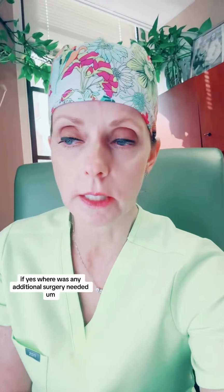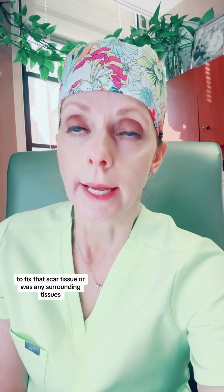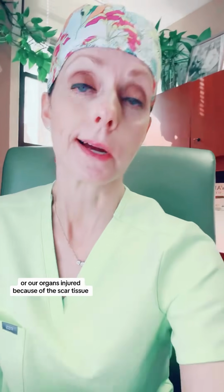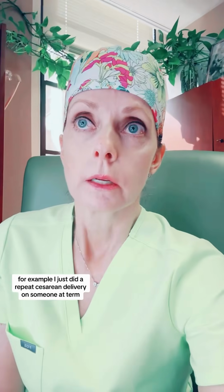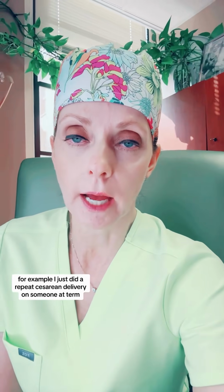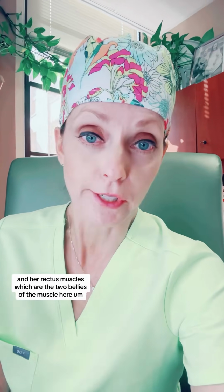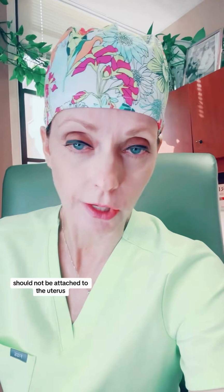For example, I just did a repeat cesarean delivery on someone at term who had had 2 prior cesarean deliveries. And her rectus muscles, which are the 2 bellies of the muscle here, should not be attached to the uterus, but hers were. They were completely attached to the anterior or front part of the uterus. So I had to do a lot of dissection and a lot of extra surgical maneuvers, if you will, to take those muscles off the uterus